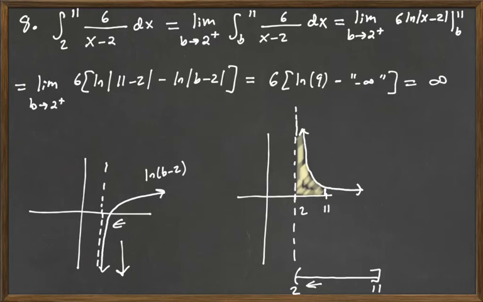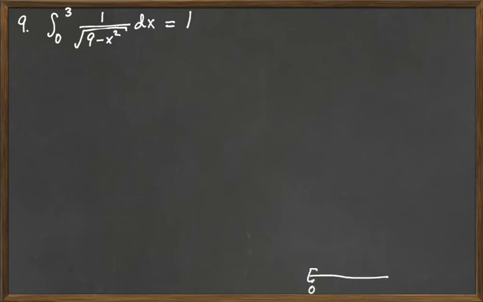Alrighty, let's look at one more here for this video. We're going to look at the integral from 0 to 3 of 1 over the square root of 9 minus x squared dx. So here the discontinuity is going to be at 3. So we have 0 to 3, and we're going to be approaching 3 from the left side, or the negative side. So this is going to be equal to the limit as b approaches 3 from the left side of the integral from 0 to b